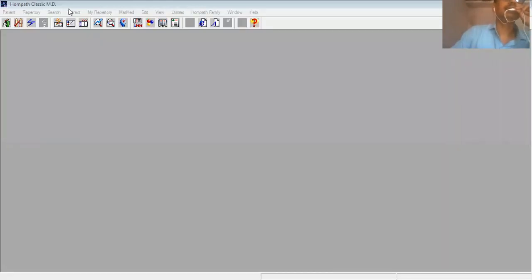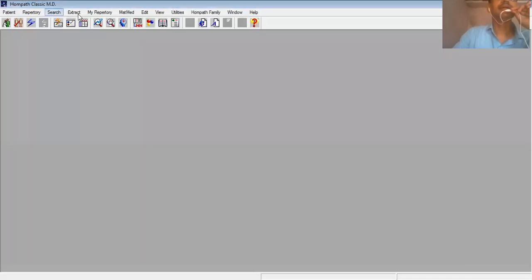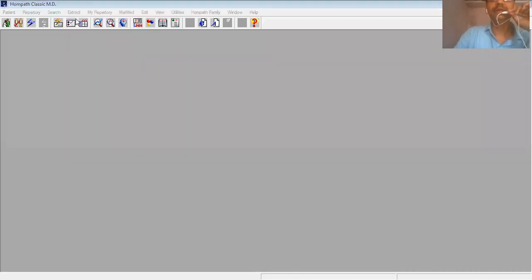And in that, there is one function, extract, and in that extract function, further functions are given. Can you see these small letters? I think it will not be visible, but in this extract function, the first function is convert repertory to materia medica. That means whatever repertory is available, with the help of this function, you will be able to convert it to materia